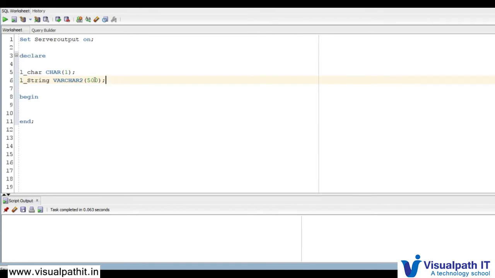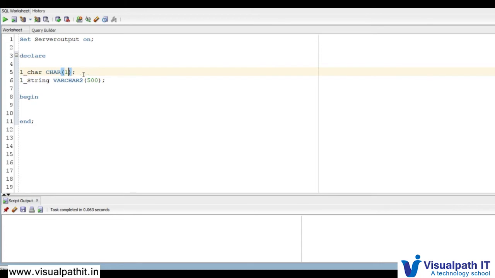Okay, and this one is the length of this l_char, and l_string has a length of 500 characters, 500 bytes. If you don't give anything here, then Oracle database will store this variable in bytes. If you give here CHAR, then it will store as a character value.